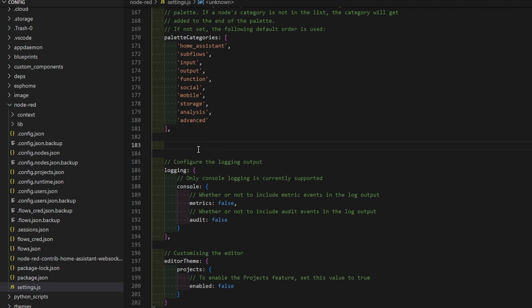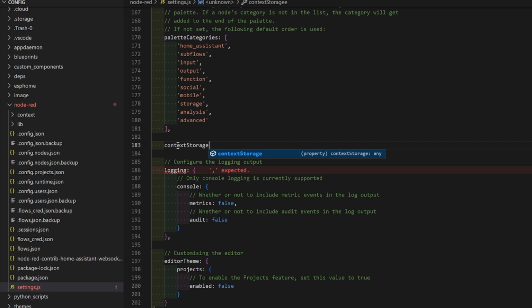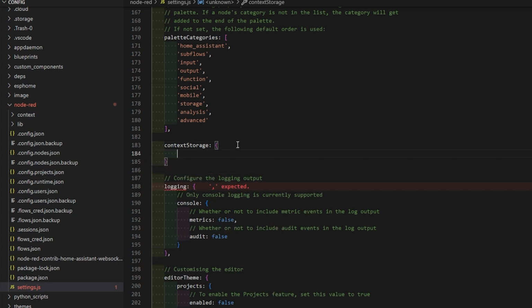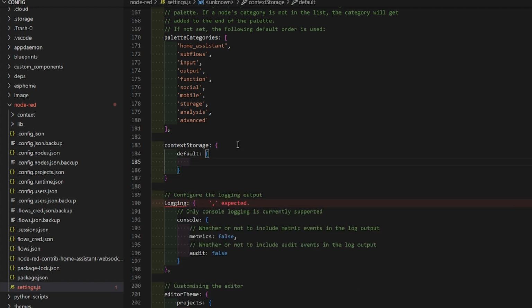I'm going to make a new line. I'm going to use 2 spaces to indent. And all we need to put in here is contextStorage, with an uppercase S. Then we do colon. Then we want to give it an object, so this is going to be open curly brackets, and again it's giving us the closing curly bracket, so I'm going to hit enter to start putting in some data, and the data we want to put in is default colon open curly brackets again, hit enter to give us a space to type it in, and all we need to put in here is module colon speech marks, and again good editors will finish the block for us. So it's giving us the second set of speech marks, and localfilesystem, all one word. So that's the block done. We need to tell Node-RED that there's other stuff after this, and like we got here, we just need to add a comma at the end. So Node-RED knows that it's part of this list and there's other stuff coming after it.